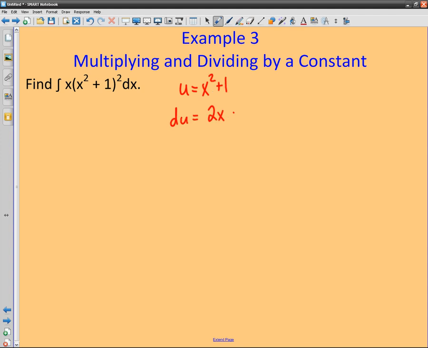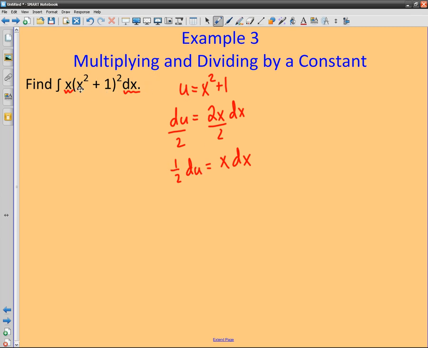I have a little bit of a problem here. I've got my dx, and I've got an x, but I don't have the 2 there that I need. So I have to turn this 2x dx into the same thing. So what I'm going to do is divide by 2 on both sides, so I get 1/2 of du equals x dx. Now that looks just like what I see over there. So now I can replace my x dx with 1/2 du,